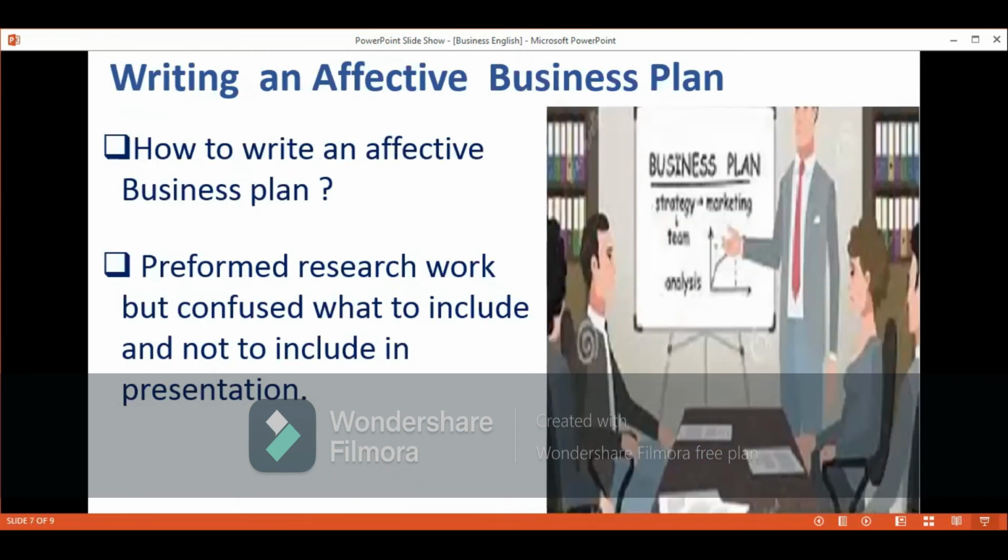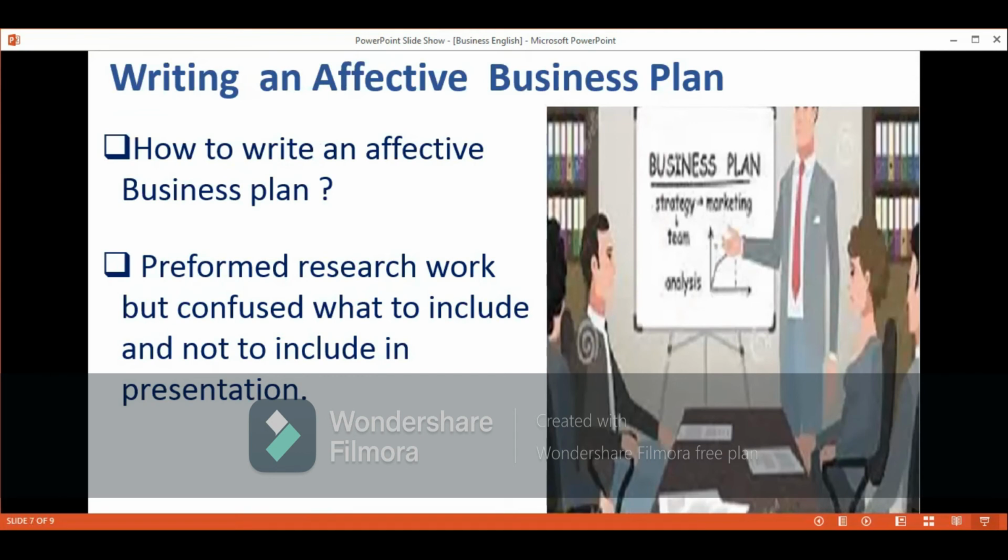So, writing an effective business plan. Okay, so I have my manager asking me to write an effective business plan, and I don't know the professional language that I should be able to use, the expressions that should be used. That's what we're going to show you, how to use the wording, how to set the keywords, right? How to set the introduction, how to set the body of the topic, how to close the event.